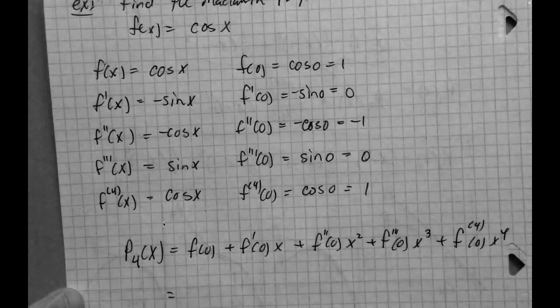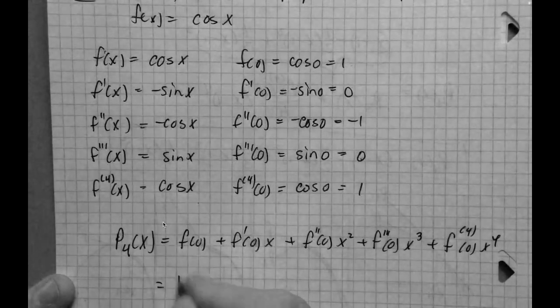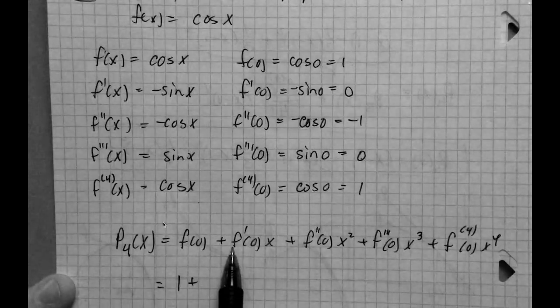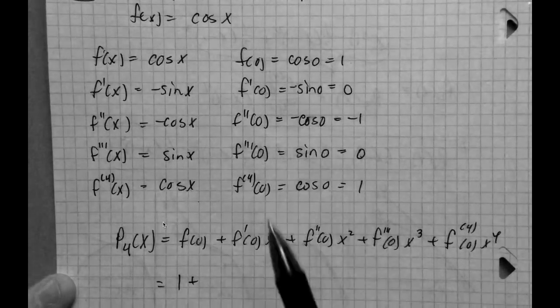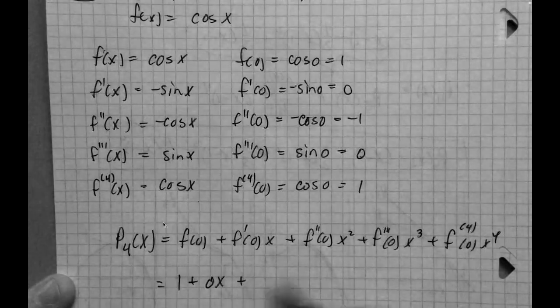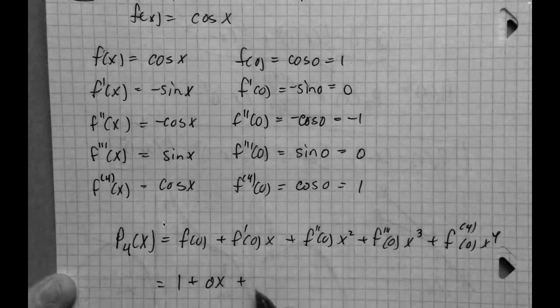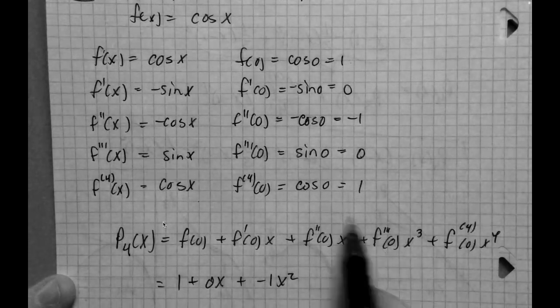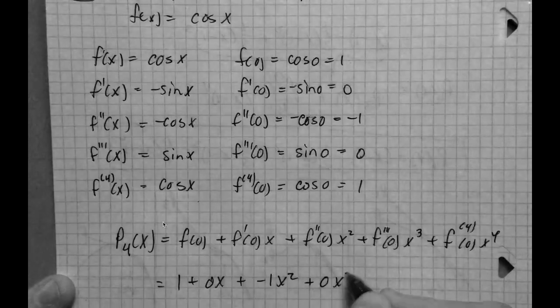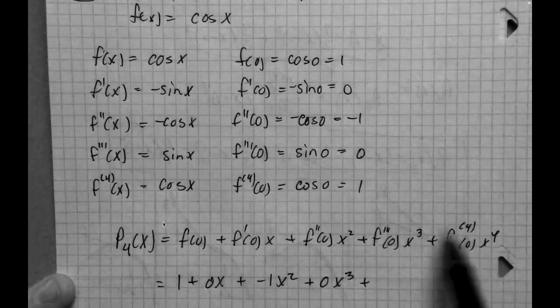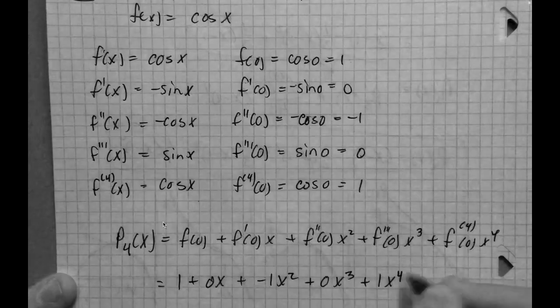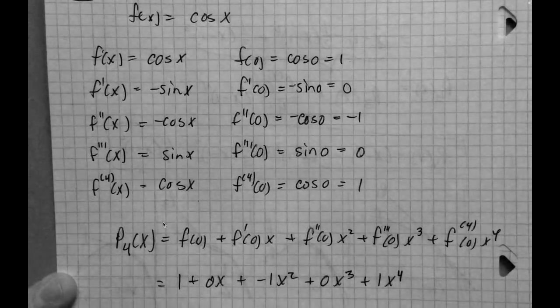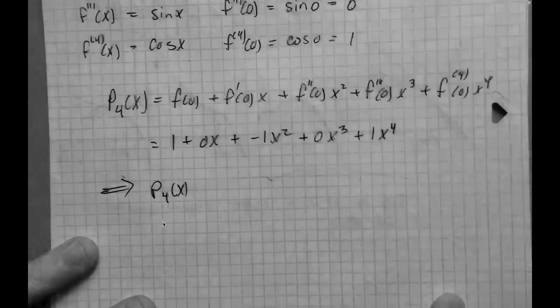So let's plug all these in. So f of 0 is 1, and then f prime of 0 is 0, so this will be 0 times x. Second derivative is negative 1. Okay, and then the third derivative is 0 again. And then the fourth derivative is 1, back to 1. Okay, so that means P sub 4 of x is equal to 1 minus x squared plus